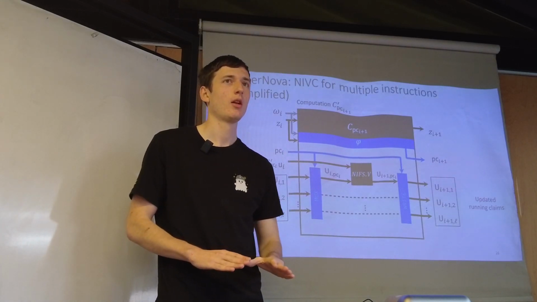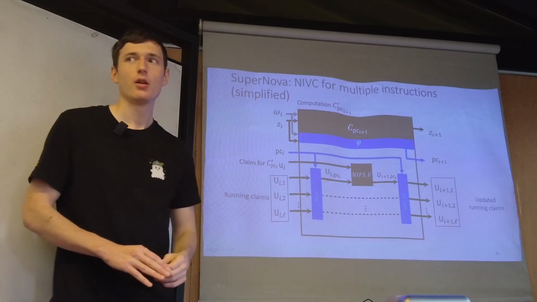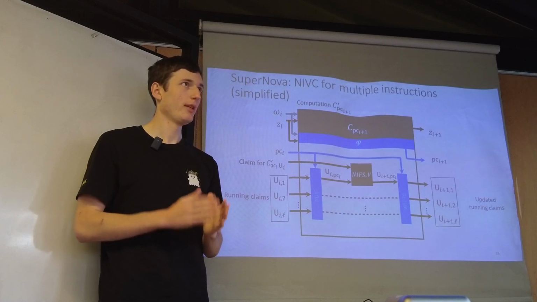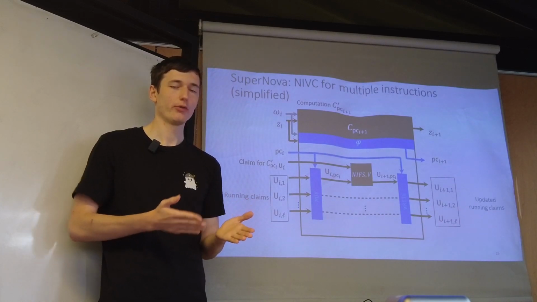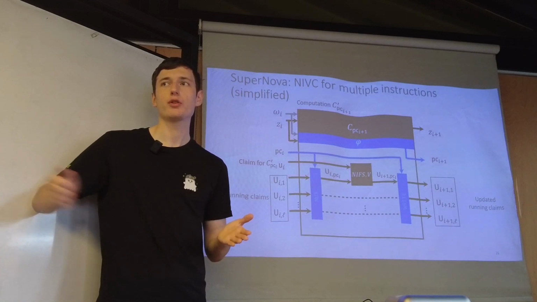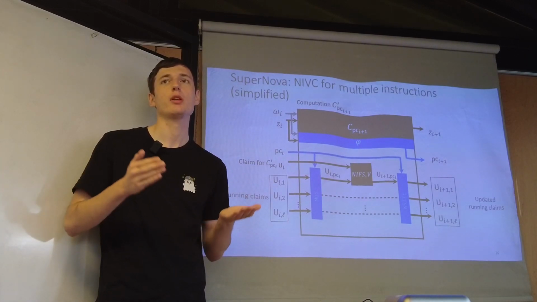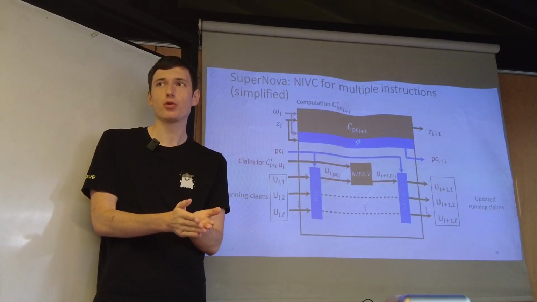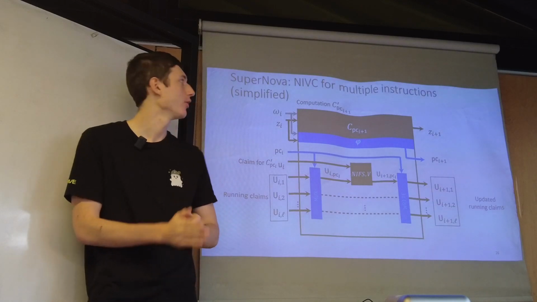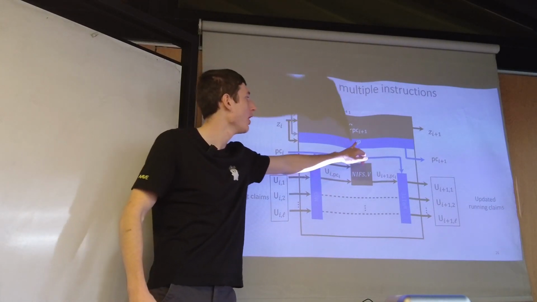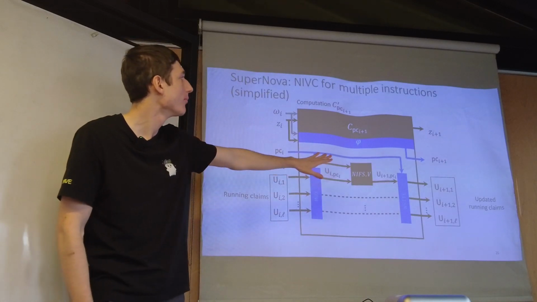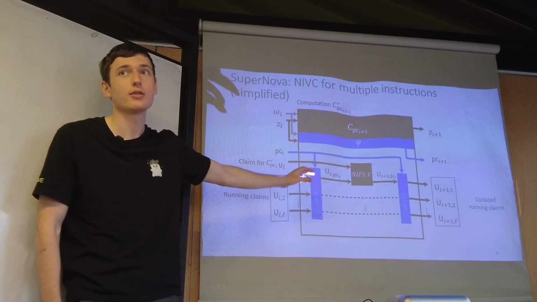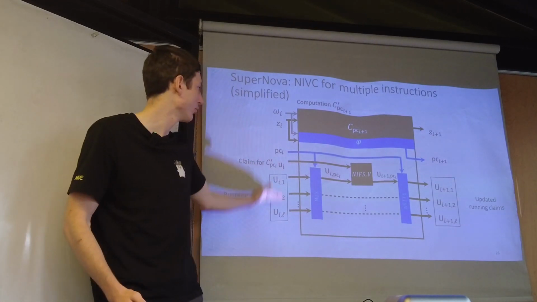Is it clear? What's PC used for? So PC is the index of the instruction in all of the instructions. So for instance, let's say it's the EVM, we have 141 instructions. If PC equals 2, it just means it's instruction 2. Let's say it's a multiplication. And this is what's computed by this function, which is basically what we add. You can see here, basically what SuperNova is adding is everything that's in blue. Everything that's not in blue was already kind of in Nova, except the fact that there are multiple ones.